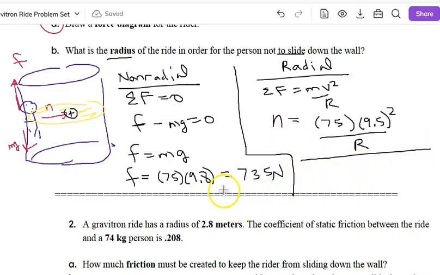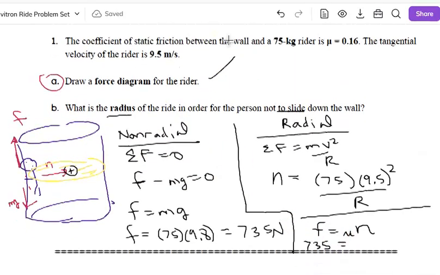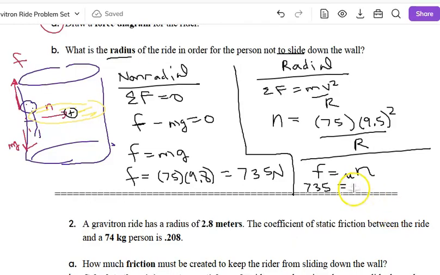So kind of running out of space here, but F equals mu n. You can put that in your miscellaneous column. We know what friction is. Friction is 735. Mu is 0.16 times the normal. So this 735 newtons of friction, because they're not sliding,